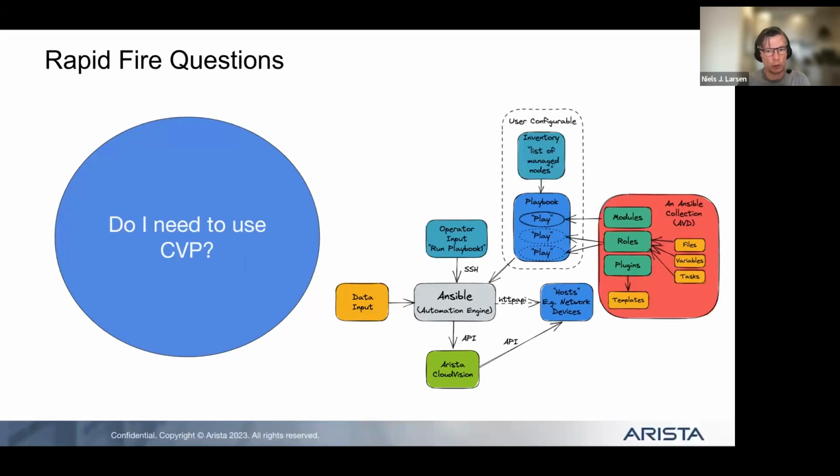So Gerard, do I need to use CloudVision at all? You don't need to. Niels, you did a great demo of pushing the configs in through CVP, but you don't need to. You can use the eAPI path to push the configs onto the switches if you don't want CloudVision. You have to build your own change management. Or, to be honest, you could just build configs and do something else with them, but you're kind of defeating the point of the process if you're not going to push them in an automated fashion. So not mandatory at all.